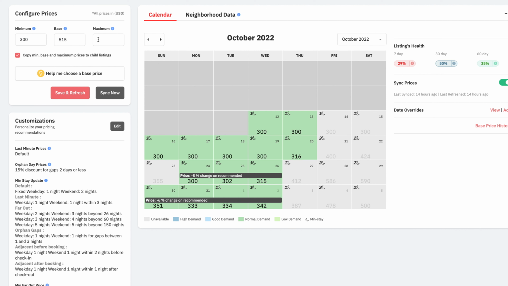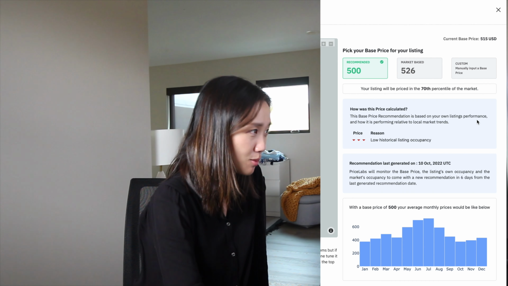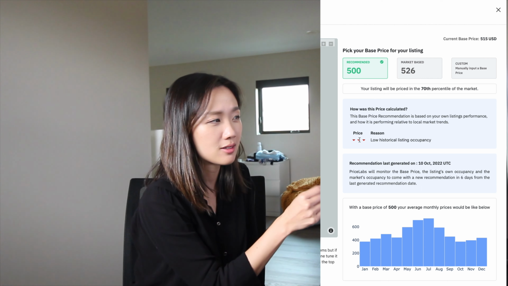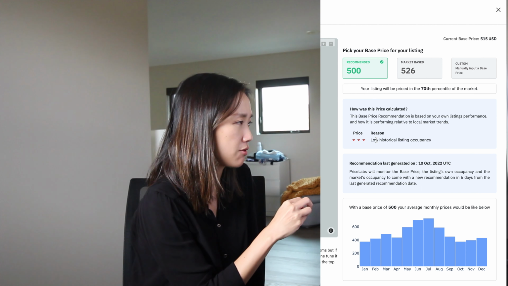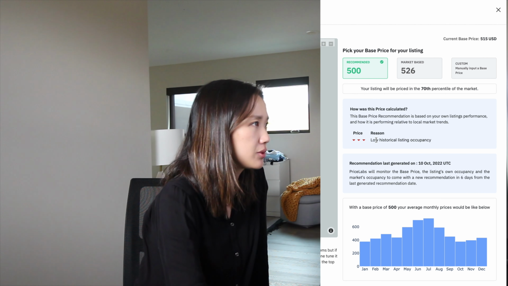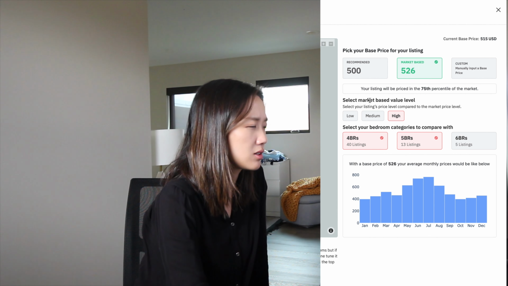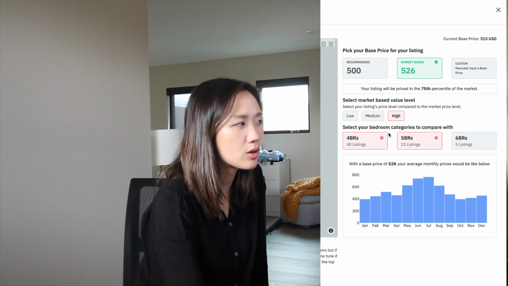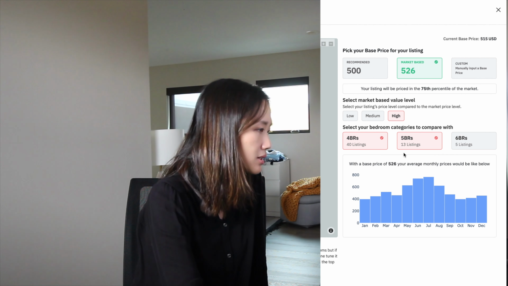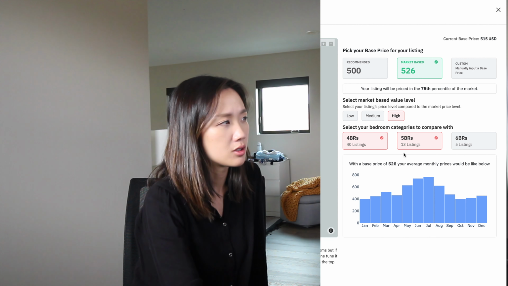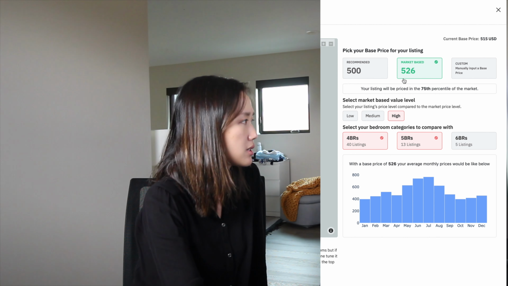So I've been playing with the minimum price and the base price here. And they have a pretty helpful feature in choosing your base price. I'm going to ignore their comment on my low historical occupancy. I think this was mainly a September issue because of the hurricane. So they're recommending I lower my base price to 500. Based on this map, if we do market-based, and I think my house has high value amongst someone who is looking for 4 to 5 bedrooms, based on its amenities, its design, photos, it's suggesting 526 for base price,